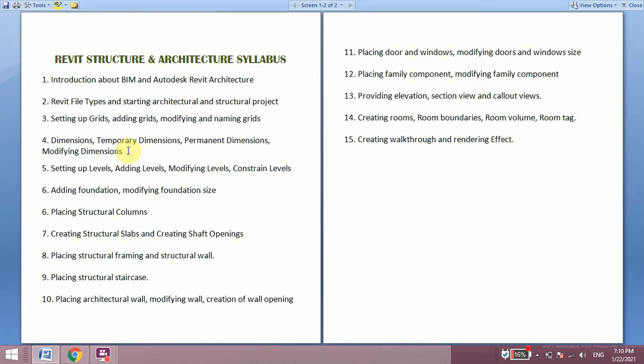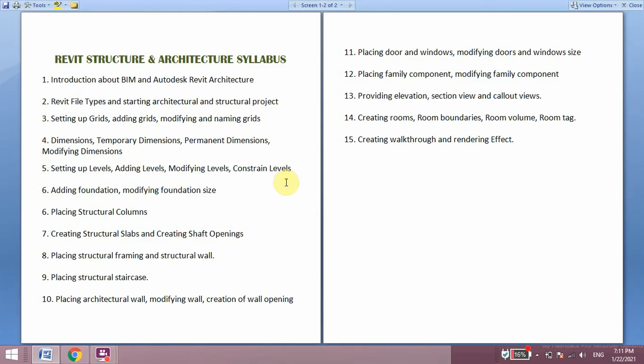Each level has a different height that can be seen in levels, like setting up levels and adding levels, which can be modified, and each level has a constraint level.